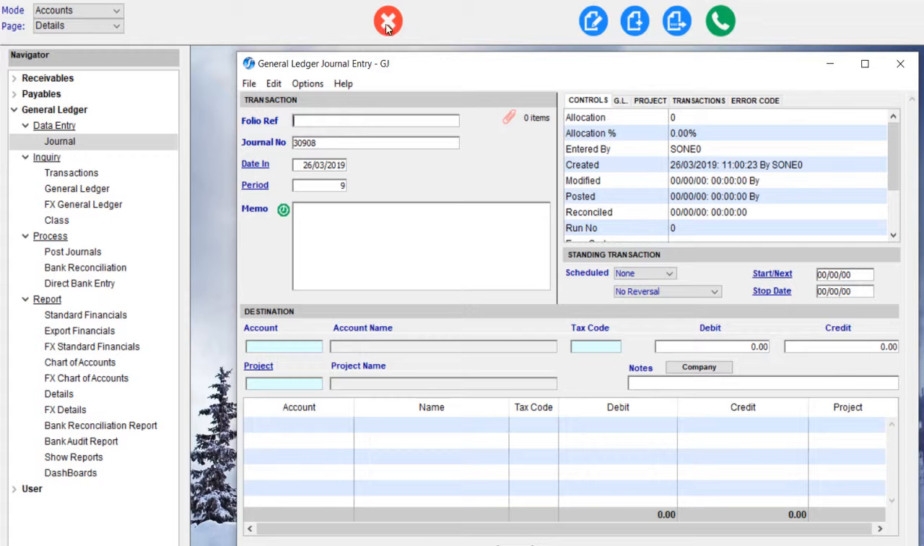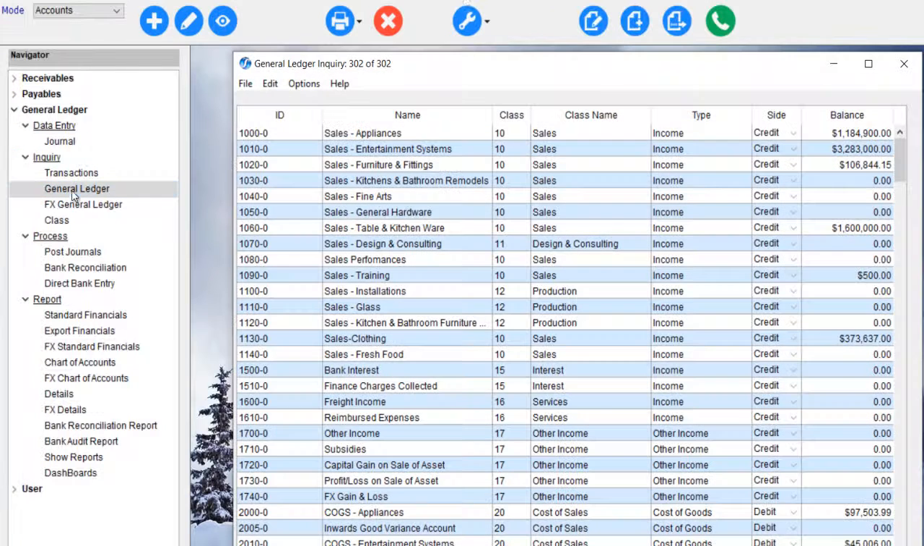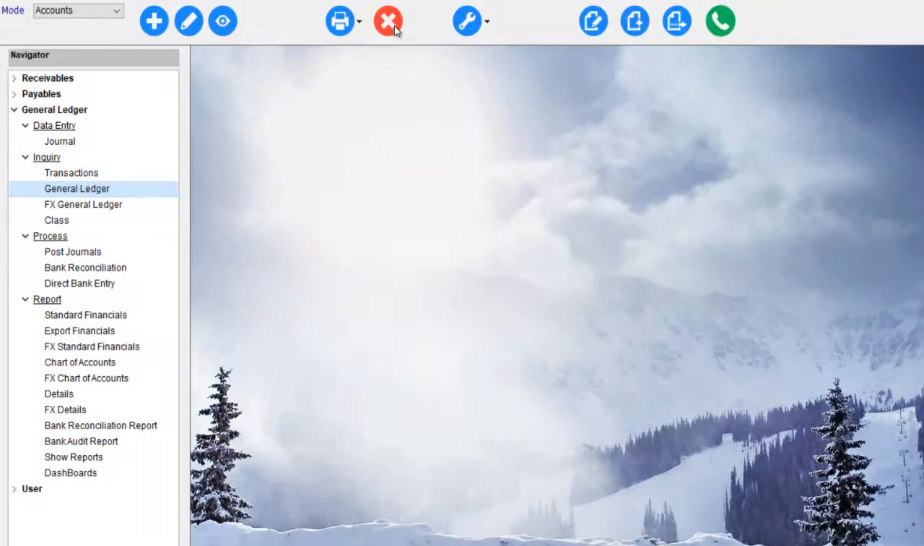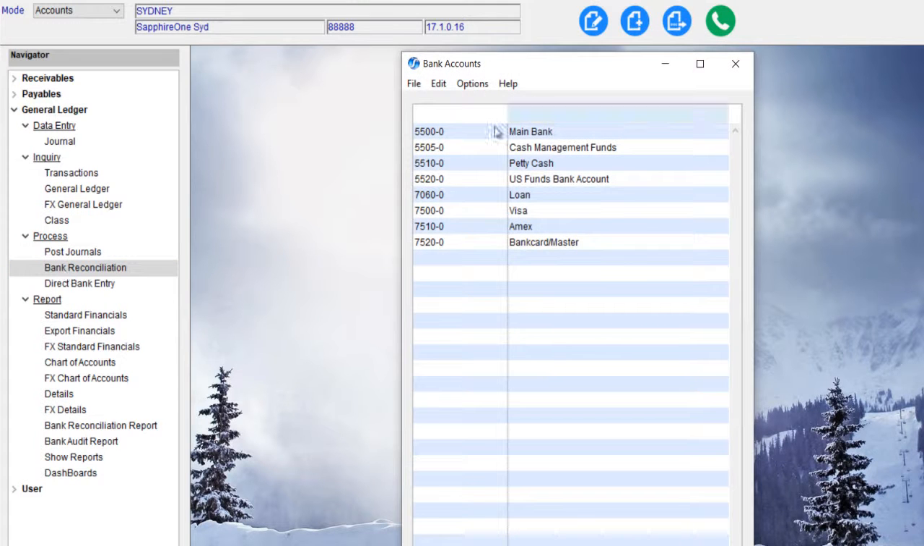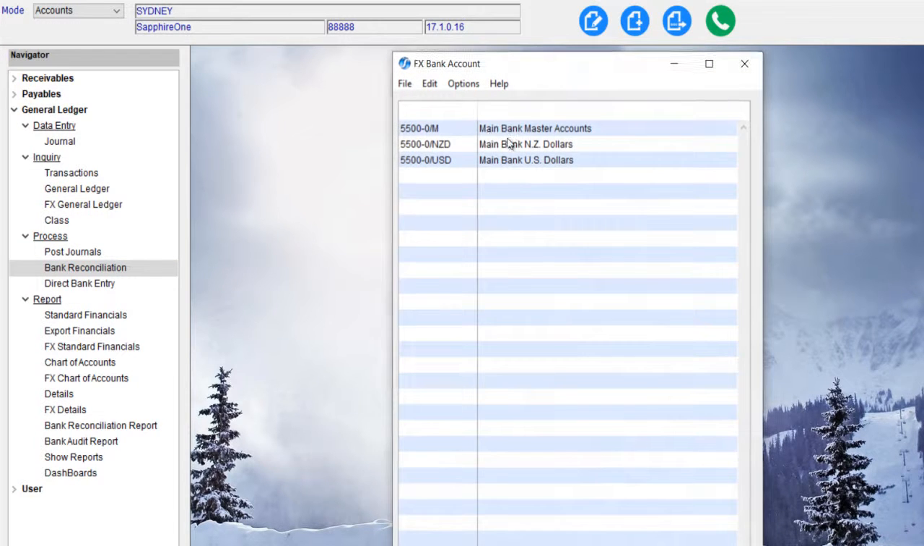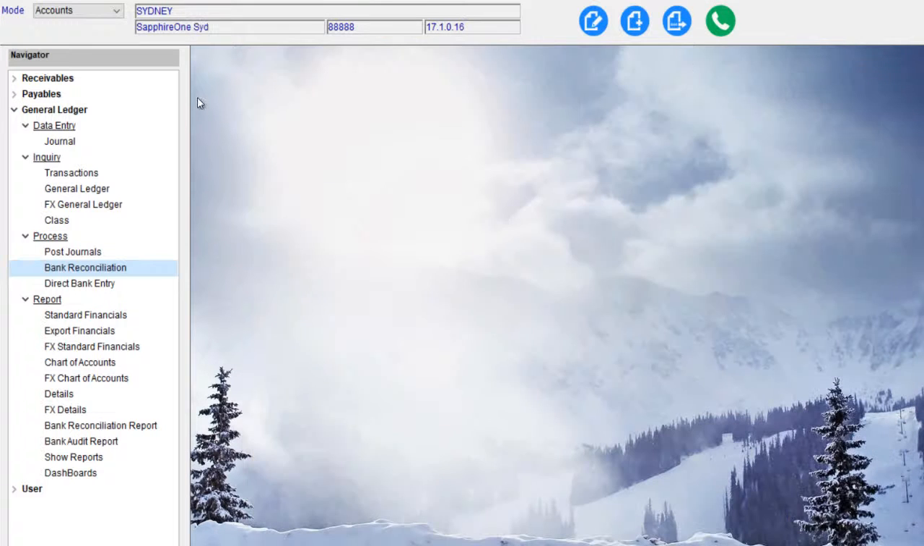So it's a lot more limited menu list in the general ledger. And then we have our transactions, general ledger inquiry, which will show us our general ledger accounts, which is covered under a separate movie for general ledger. FX general ledger classes, and then the ability to post those transactions, bank reconciliations. We can select our main bank account and select the currency, and we can of course go in and do